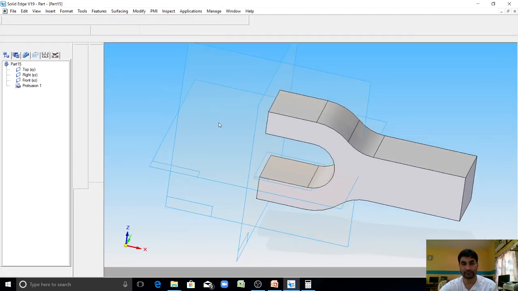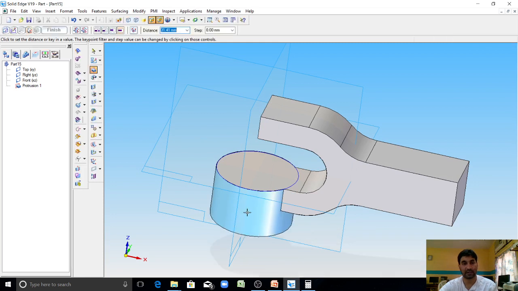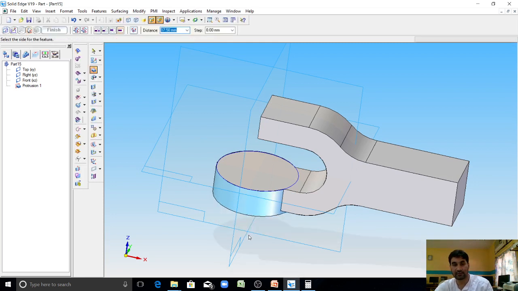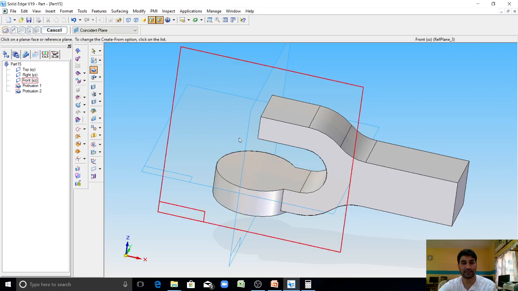Click on return. Now give the depth as 17.5 in downward direction. Click on finish.